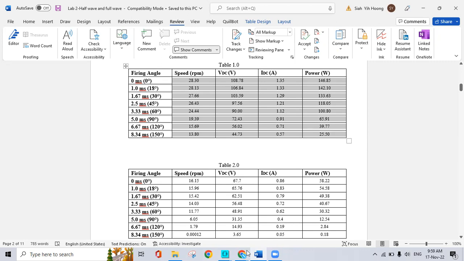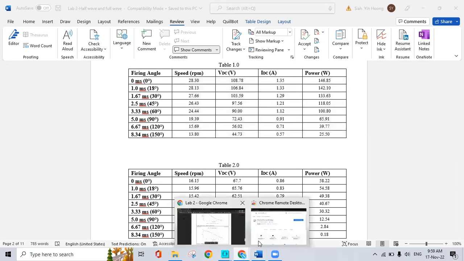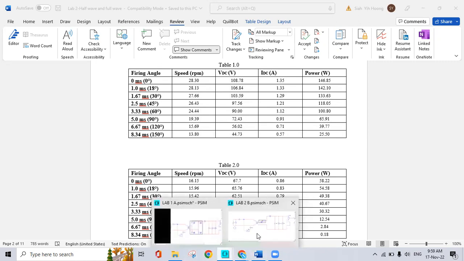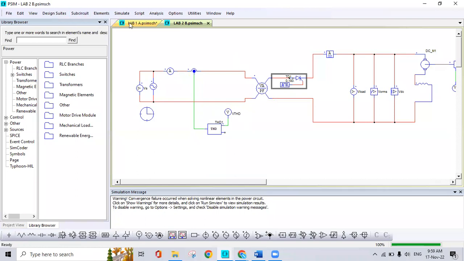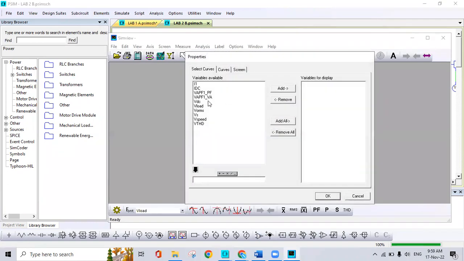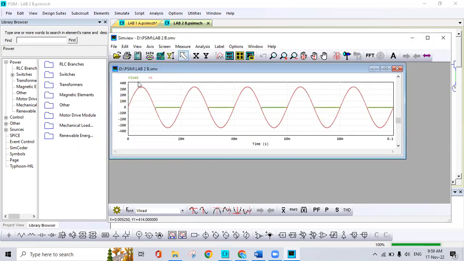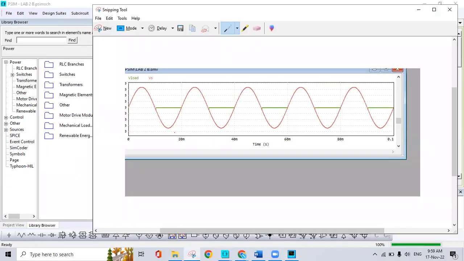So let us take a look. We simply find the circuit first and run it first. So if we have the same circuit,